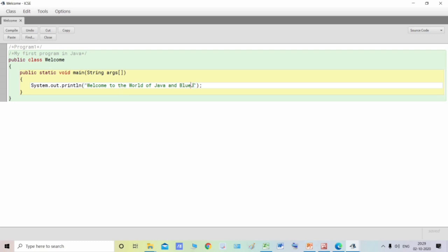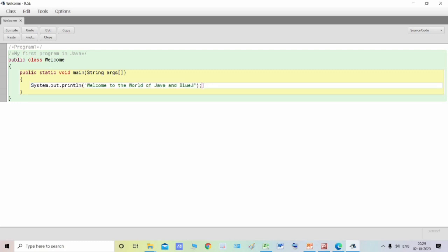Now whatever is written inside these two double quotes, inside this System.out.println, will be printed on the output screen as it is. And then this semicolon is there. This semicolon is used for terminating this statement.